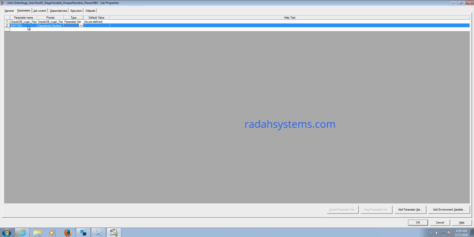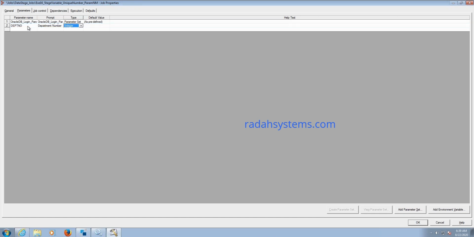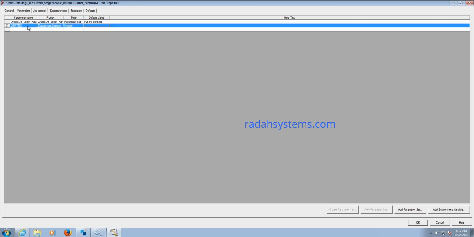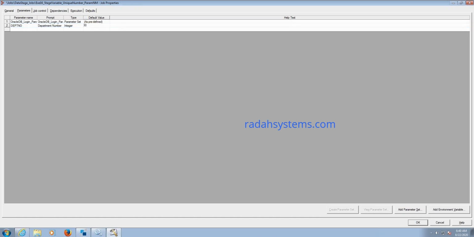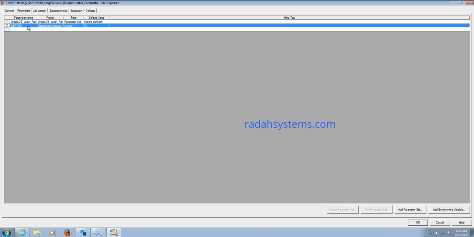It depends on the data type of the column you are going to use. Department number is always an integer. If you are taking a date, it will be a date type. If you are searching for a particular string, it will be a string data type. For the default value, you can give 30 or whatever you want.